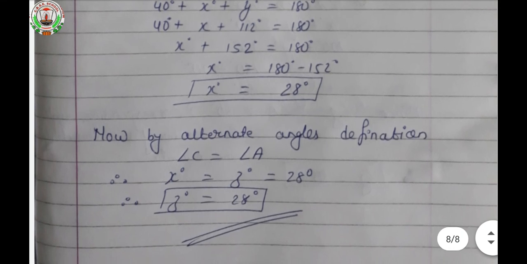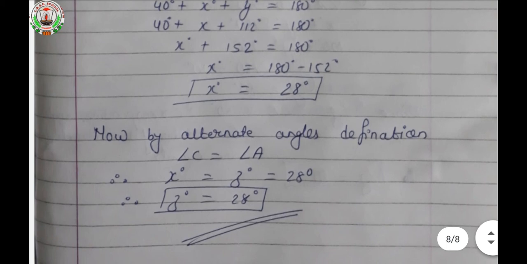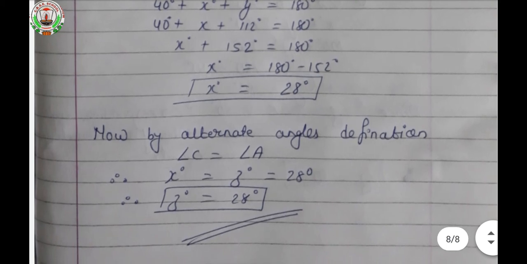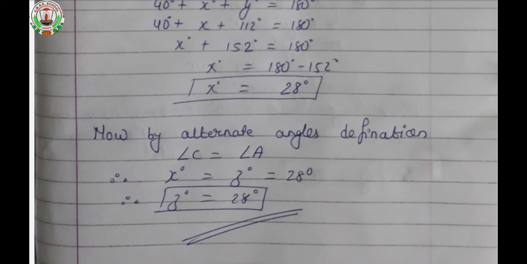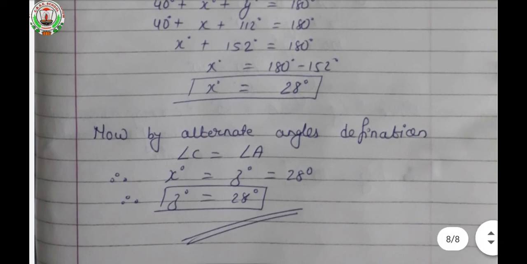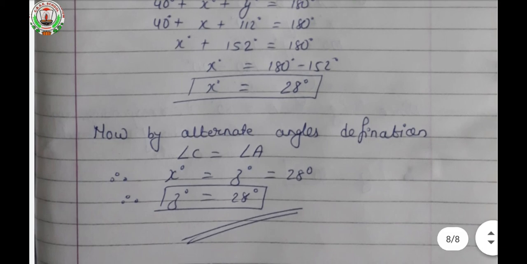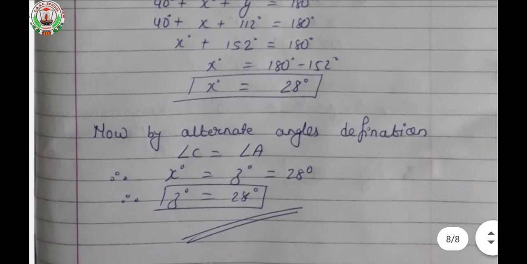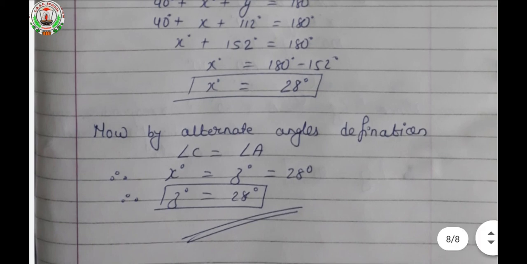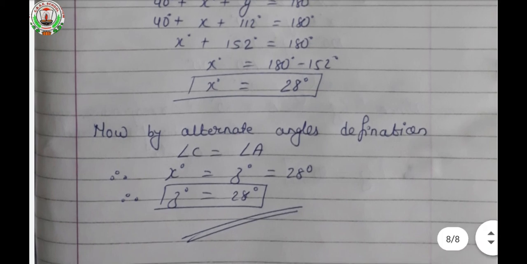Okay. Now one more thing I would like to tell you students, your pre-midterm exam is going to be held. So the syllabus for the pre-midterm exam will be chapter 1, that is rational numbers, chapter 2, that is linear equation in one variable, that is chapter 2, isn't it? And chapter 12, exponents and powers. So these three chapters will come in your pre-midterm exam, that is chapter 1, chapter 2 and chapter 12.